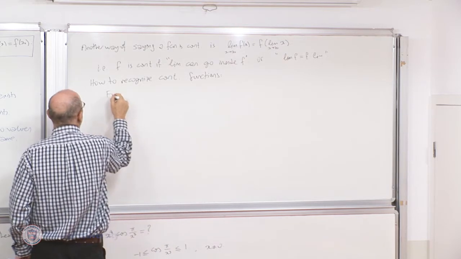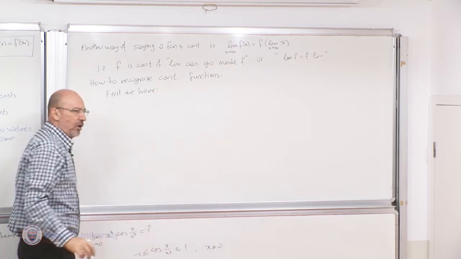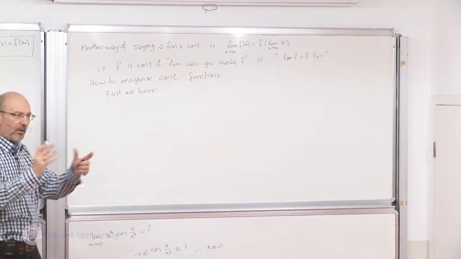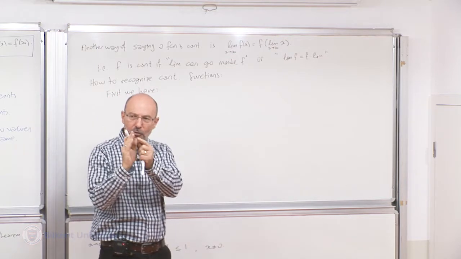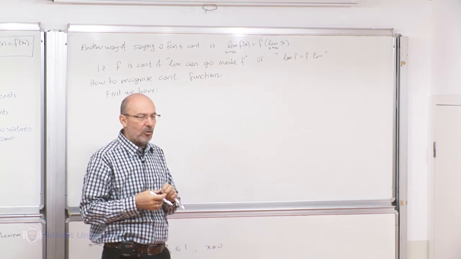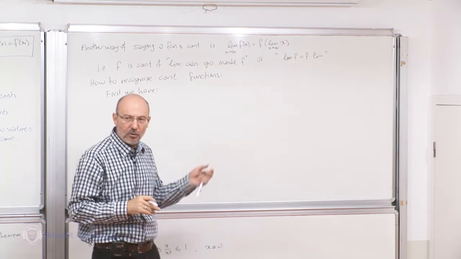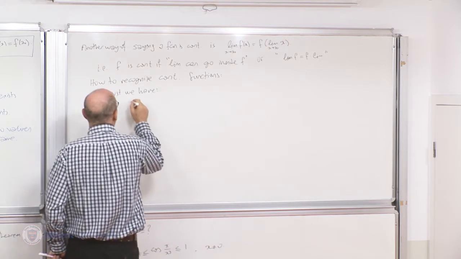Okay, so first we have the usual boring theorem, which says that if you have a complicated function and you want to check if it is continuous or not, first you look at the small pieces. If the small pieces are continuous, then you can put them together. Okay, so that's what this limit is saying. Okay, so suppose